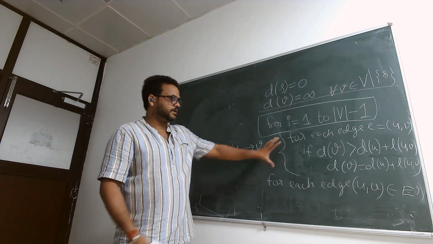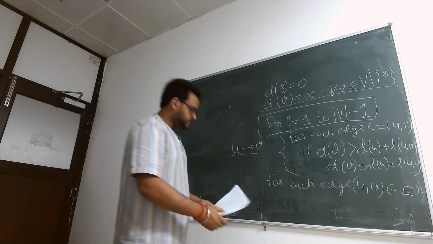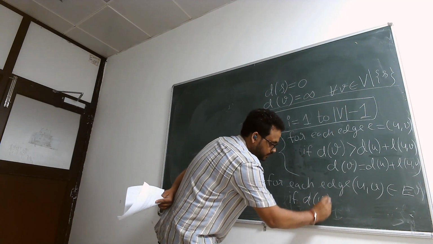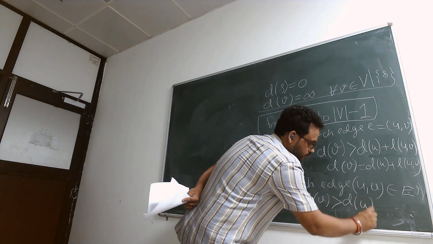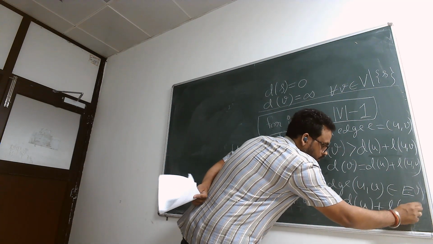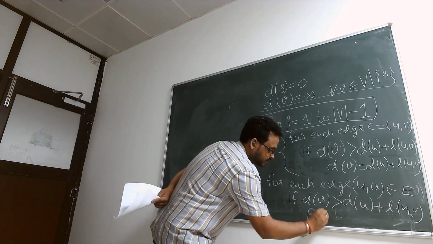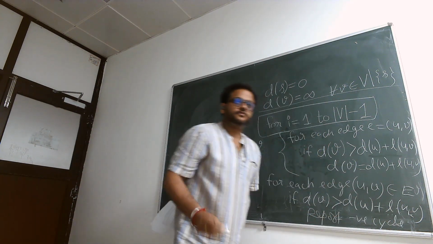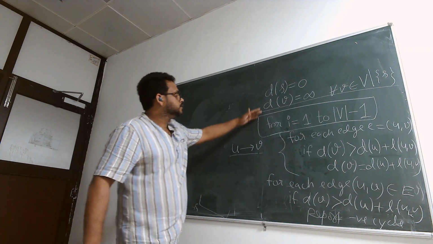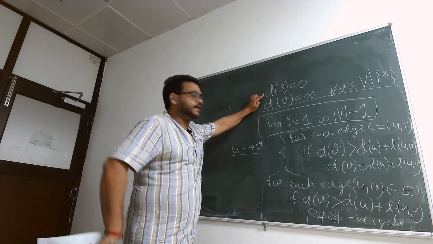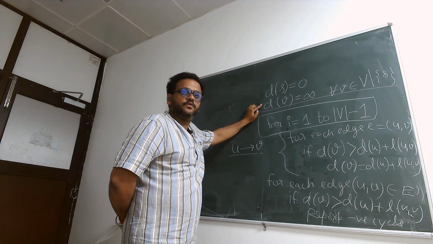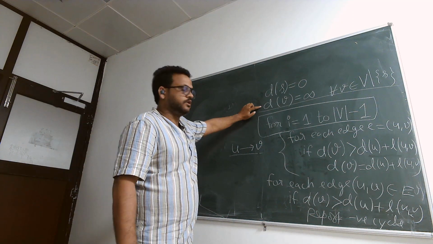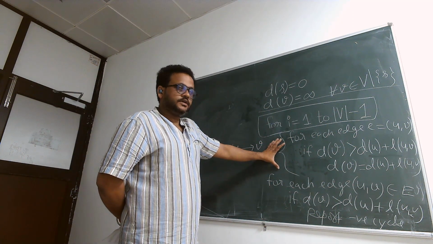So you have done it for n minus 1 and go and check it for the nth time. If d of v is still greater than d of u plus l of u comma v, then report negative cycle. That's it. What I'm saying, initialize with the starting node as distance 0, then infinity for all the nodes. By infinity I mean there is no current shortest path for these particular nodes. Then you repeat this thing for n minus 1 times,